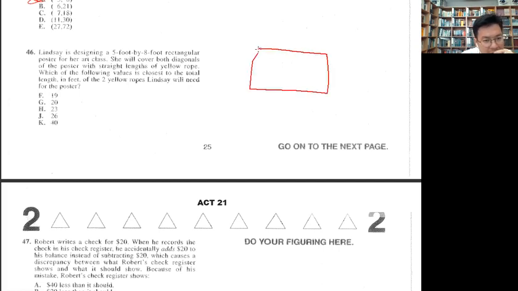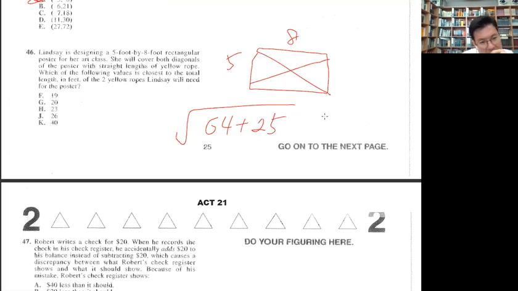So diagonal like this and this is 5 and 8, which is Pythagorean theorem. If you do 8 squared 64 plus 5 squared is 25. So 89. Square root of 89